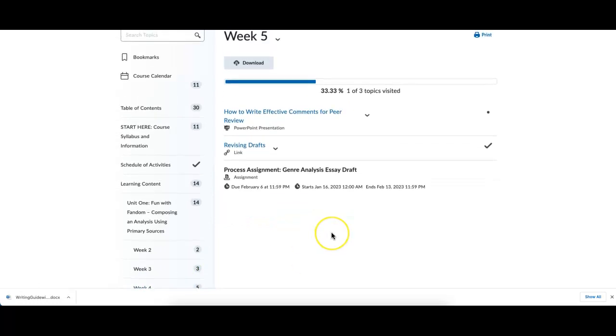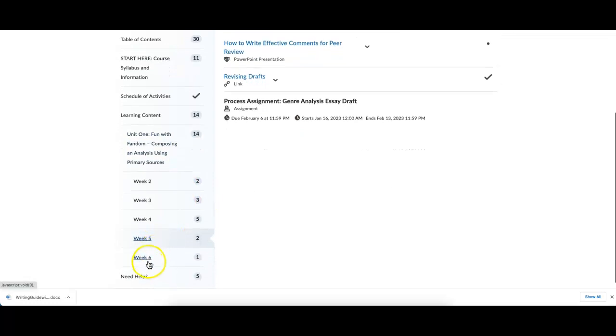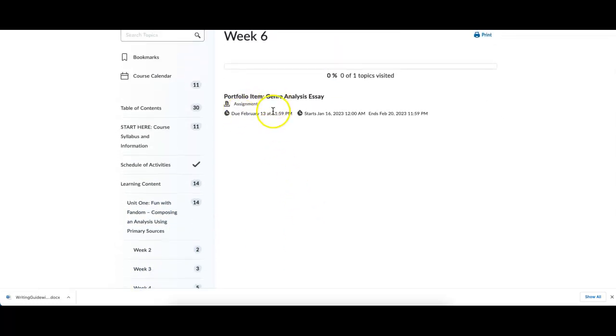In week 5, we're getting a little bit closer to turning in your first essay. So you're going to turn in a draft of your essay, and we're going to do a peer review during week 5. And then at the beginning of week 6, you'll submit your genre analysis essay, and then we'll transition into unit 2. So again, the genre analysis essay is basically an analysis where you choose a TV show, movie,